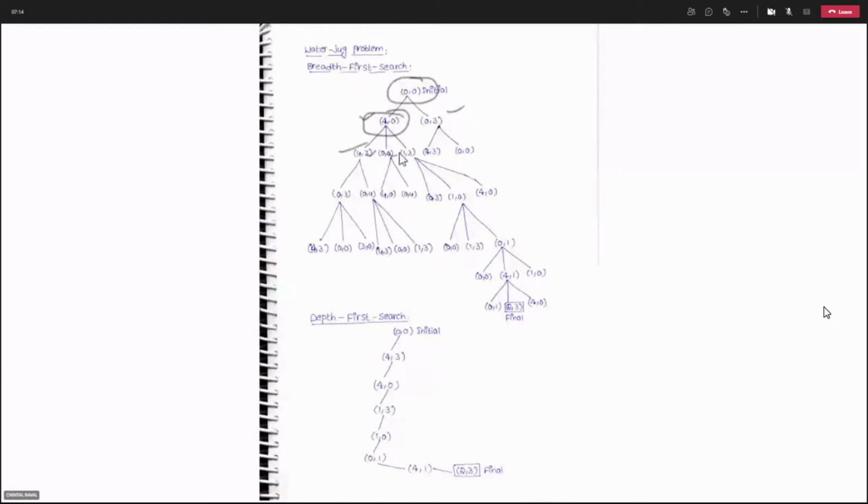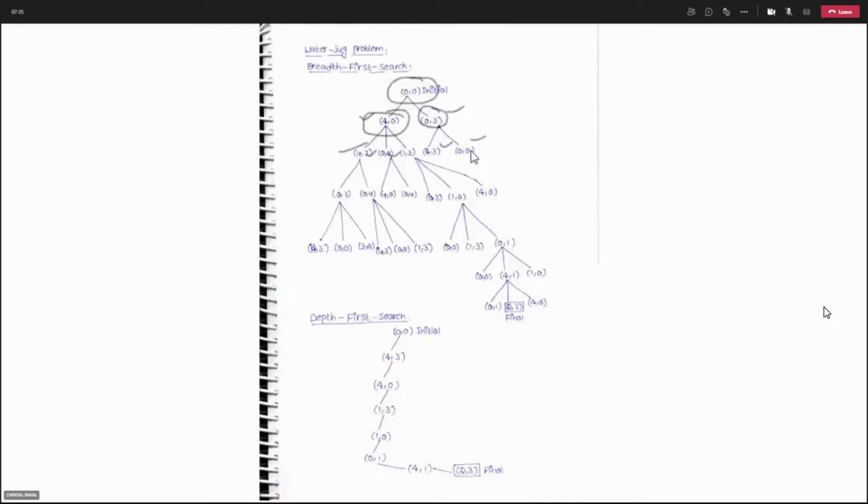Now we don't need to move along this way. This one is still left, so go for 0, 3. Apply each and every rule that is applicable to this state and generate new states. Now check whether any of the states you have generated includes a goal state or not.